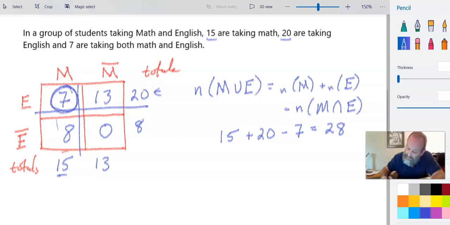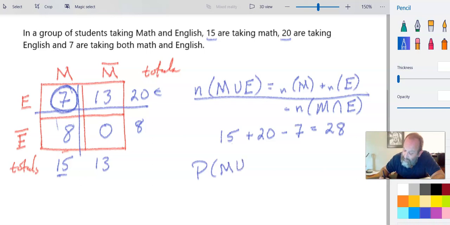Okay, so that was using this formula here. And you notice that looks very much like the formula for probabilities. If I wanted the probability of math or English, it would be the probability of math plus the probability of English minus the probability of both math and English,